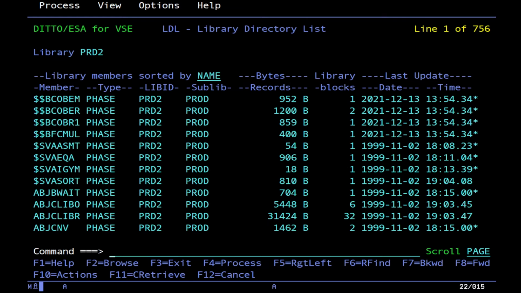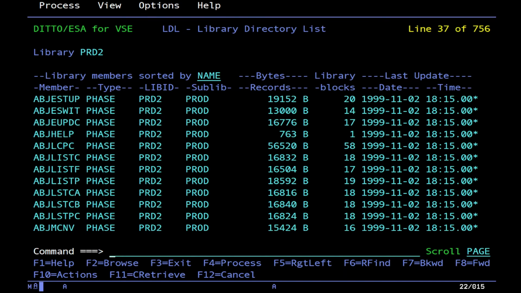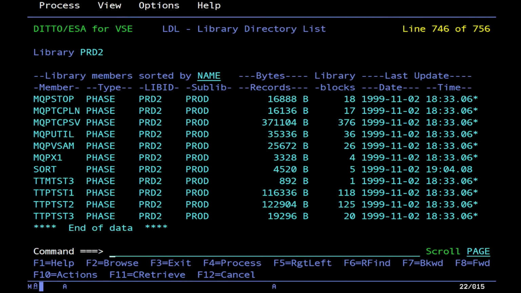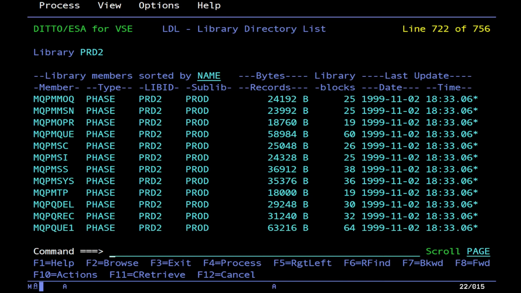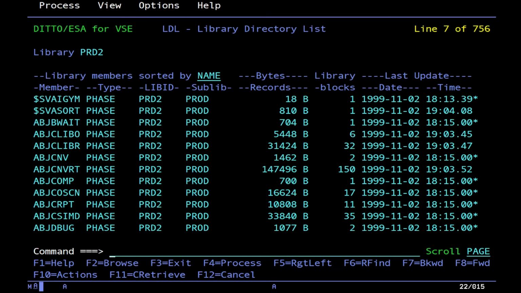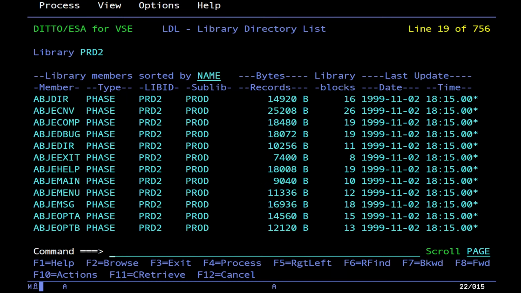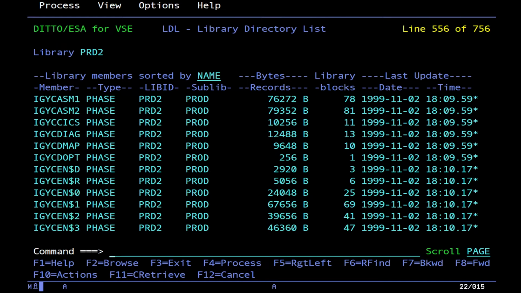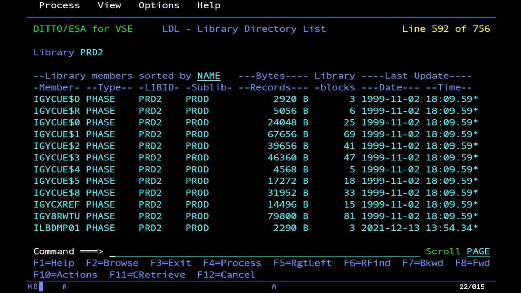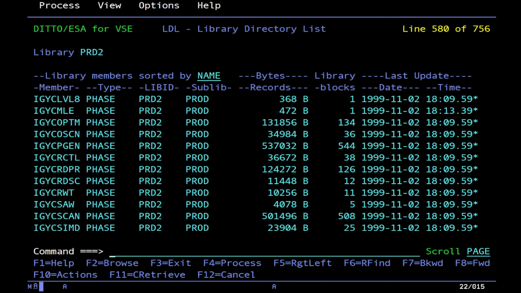If we look at star.phase, these are actual programs. Like, this is it. These are actual programs that we can run. Like ADM, again, there's GDDM. If we go to the bottom, you can see that there's the sort merge program. If we locate IGY, okay, well apparently it's find IGY. This is the COBOL compiler itself. For instance, IGY CRCTL is the actual COBOL compiler load phase. So when you say in your job control language that you want to execute IGY CRCTL, that invokes a COBOL